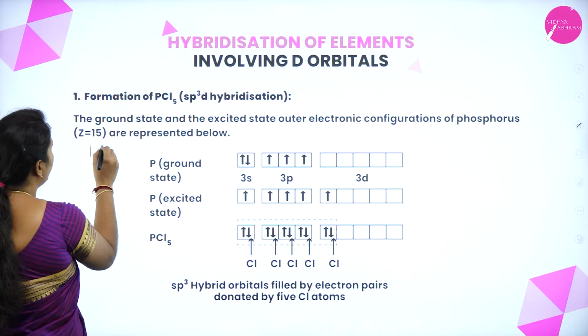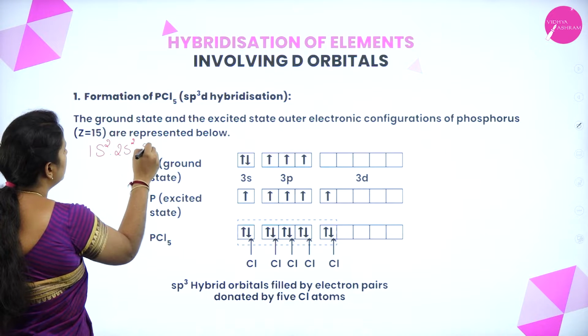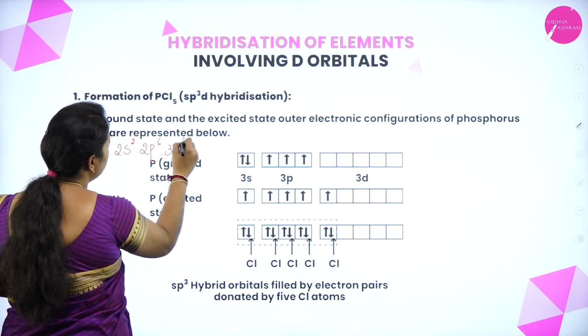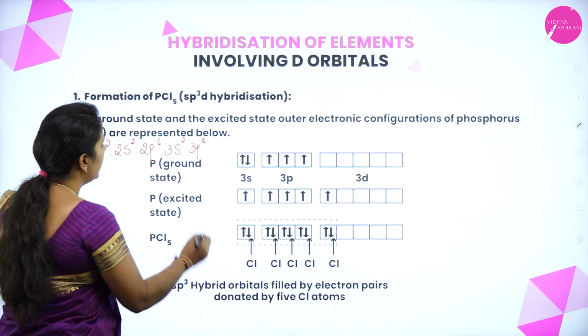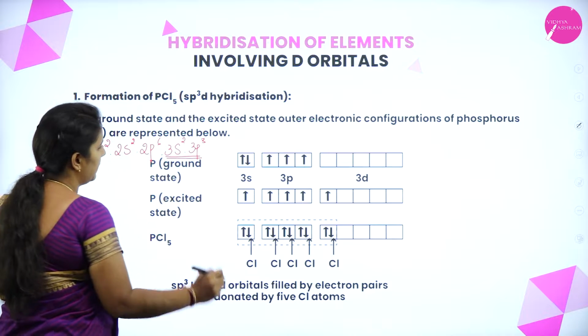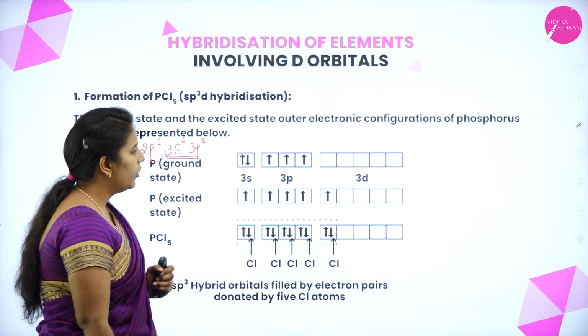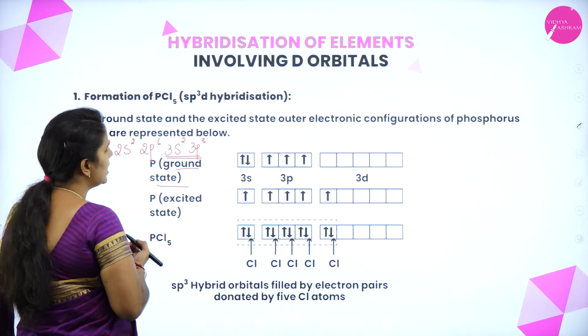The electronic configuration goes like this: 1s2, 2s2, 2p6 and 3s2, 3p3. Is it right? I have considered only the last part, that is the outermost shell. When we have written the ground state electronic configuration of the phosphorus, we know that